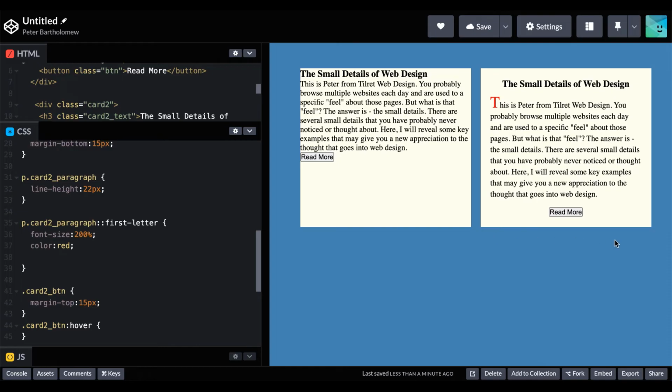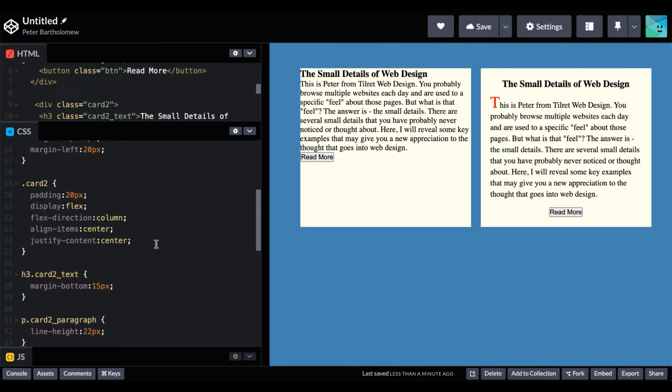And what this is, it's used to round off the corners of elements. So notice how we have sharp corners on these cards. We'll go down here to card 2 and put border radius, and all we have to do is put a small amount. So we'll put 10 pixels, and notice the slight rounding to the corners, and it just looks a little bit